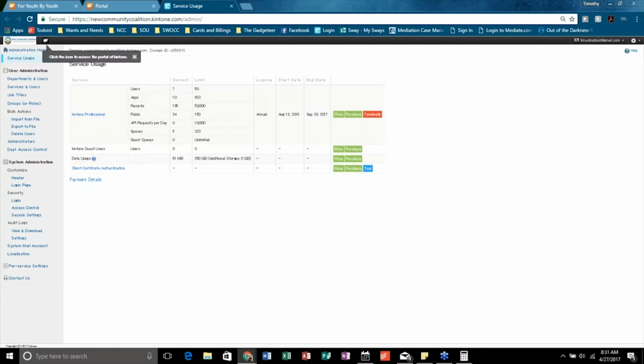Because if I had to keep all of my data on my computer and I needed to send it to a collaborator, I wouldn't be able to. I'd have to send it through a Dropbox or through a Google Drive. And I've tried that before. That was actually the reason why I switched to Kintone. The database I had on my computer crashed when I tried sending it to a collaborator through Google Drive and Dropbox.